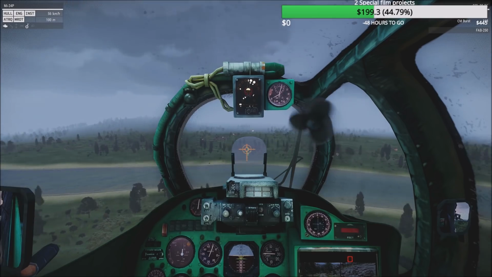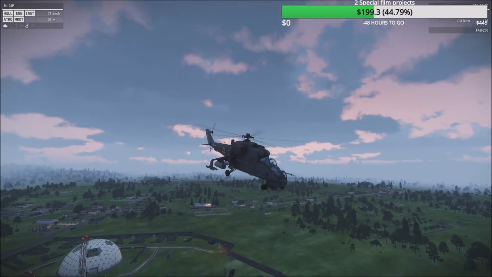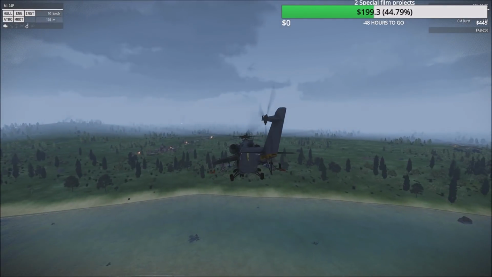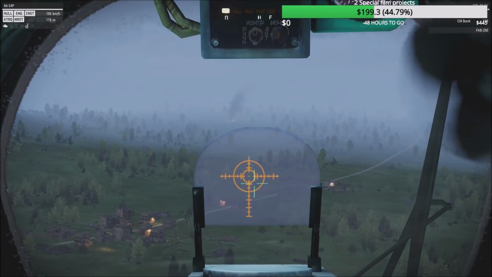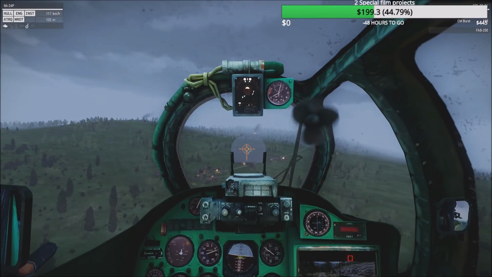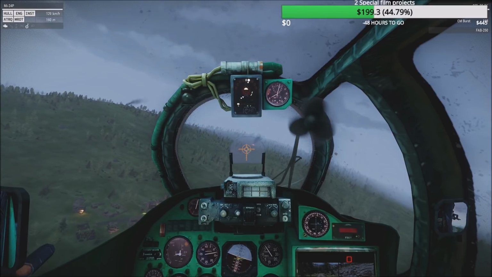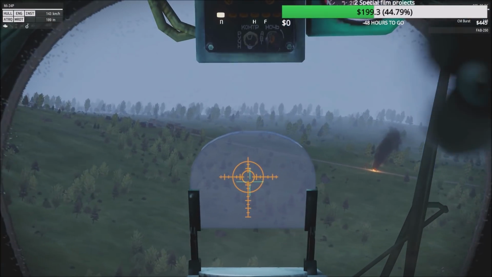What do I got equipped? Those are gun pods? Yep, gun pods and FABs, alright. Ground, be advised we have a Hind in the air over the FOB. Copy that. Solid. JTech, have you called any fire missions in? Yeah, he hasn't called any fire missions on my AA, so...